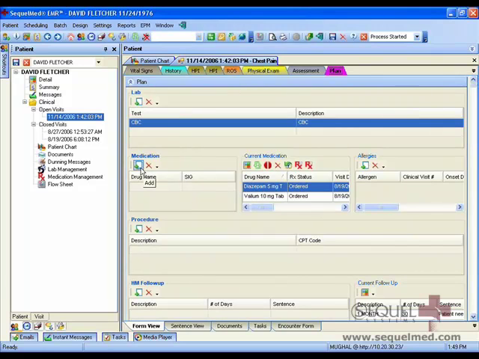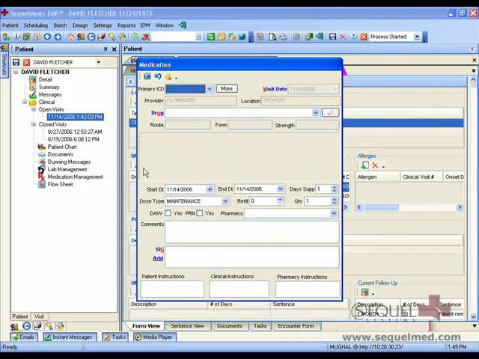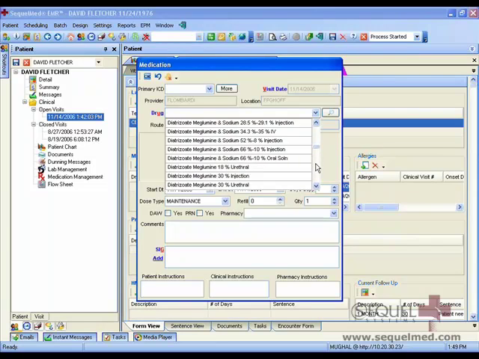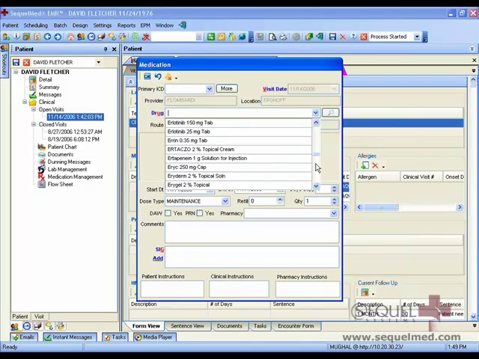Similar concept applies to the medication and prescription management. I can select the drugs from the common list of drugs that I would normally prescribe, or I can search another drug very easily and add that to my common list. As we spoke earlier,